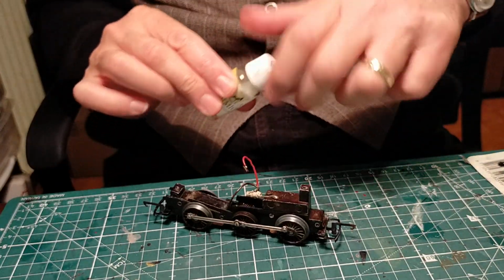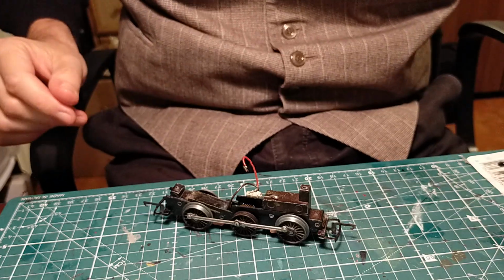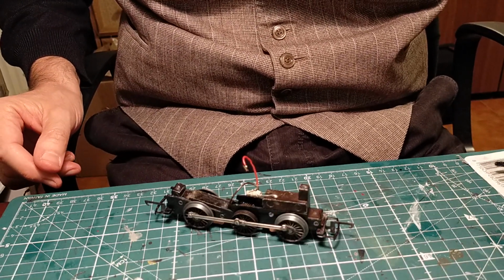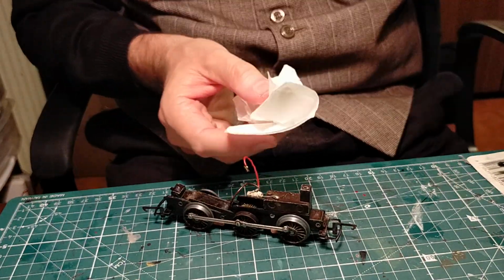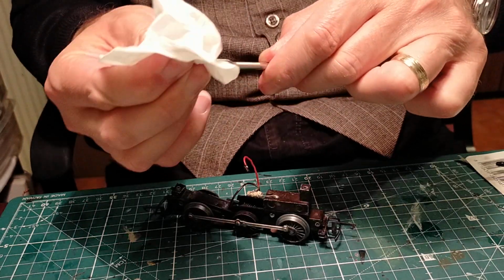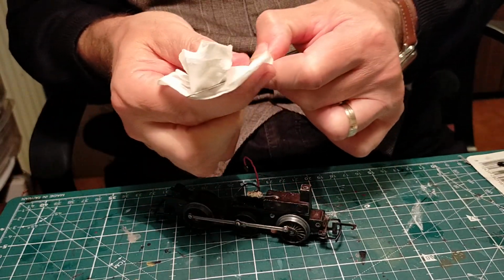So, having got so far, and just checking that we're recording, no problem, okay. Having got so far, we're now going to carry out, bear with me one minute till I do some cleaning, because otherwise we're going to be getting grease everywhere,